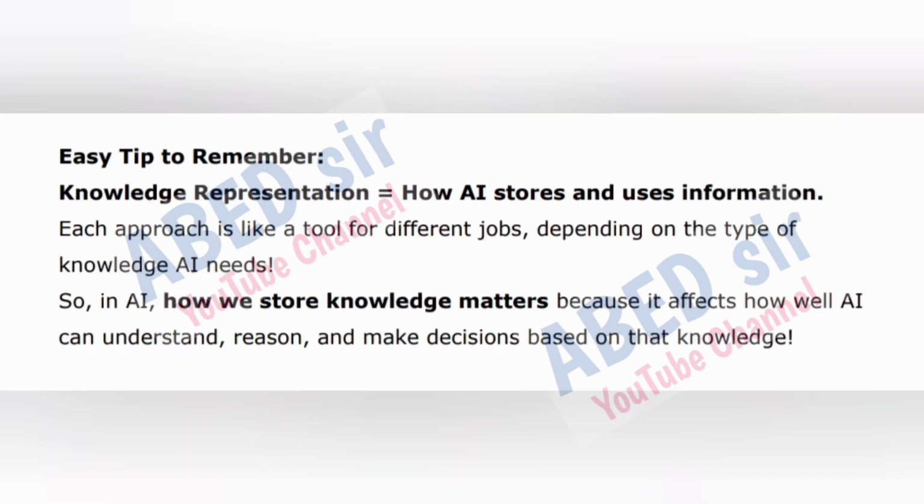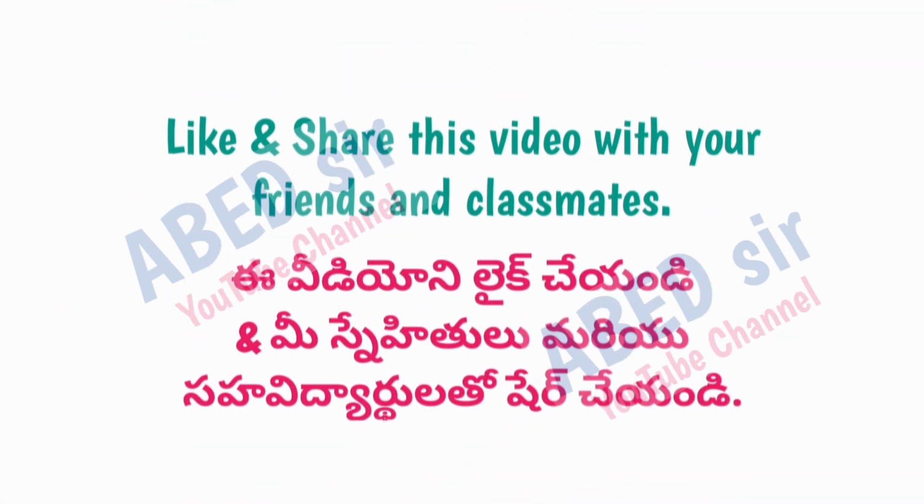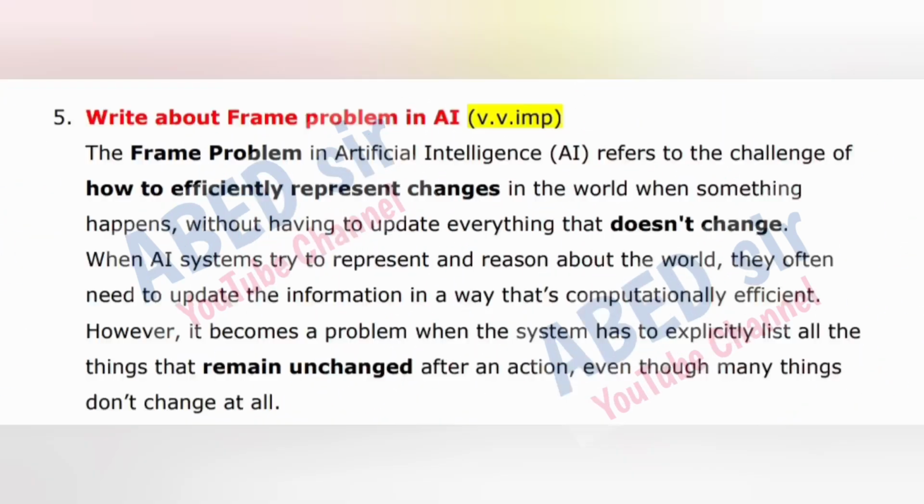Easy tip to remember: knowledge representation is how AI stores and uses information. Each approach is like a tool for different jobs, depending on the type of knowledge AI needs. So, in AI, how we store knowledge matters because it affects how well AI can understand, reason, and make decisions based on that knowledge. Next important long question is: